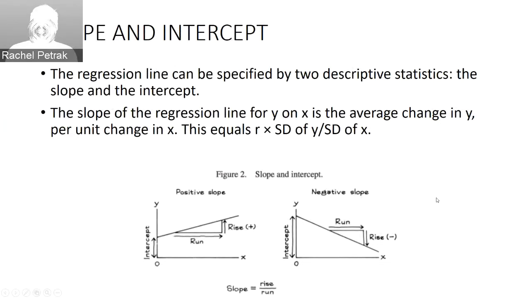Okay, and when we are finding a slope and intercept, we've looked at a few different methods for finding these values. And when you're using correlation and regression, it's a very helpful method to use the correlation coefficient, or R, and the standard deviation of X and Y. As you can see in the figure, and we've been discussing this in previous chapters too, the slope and intercept can be quantified by